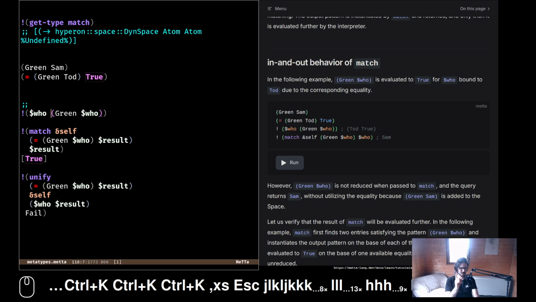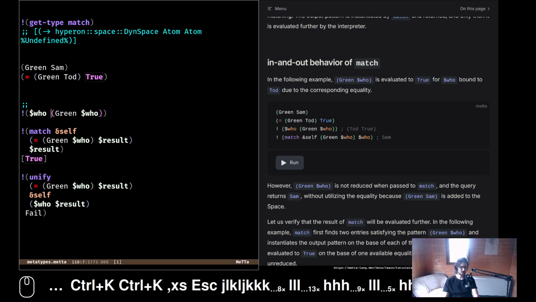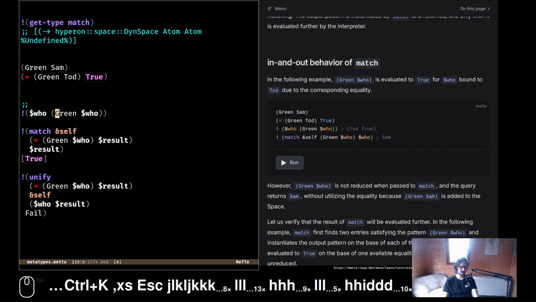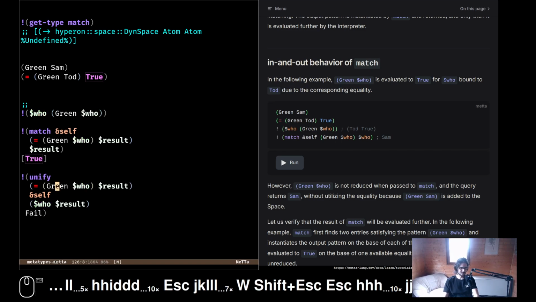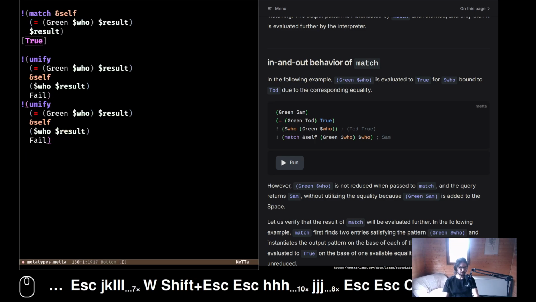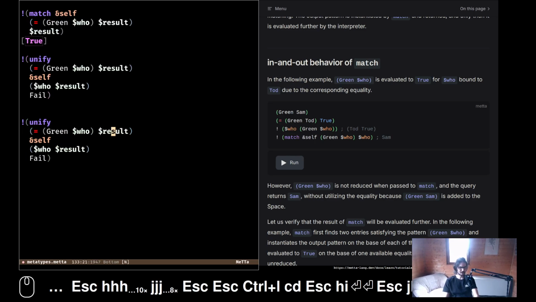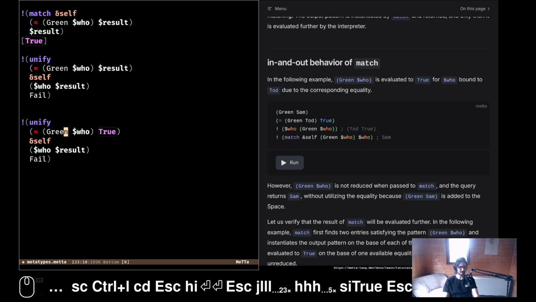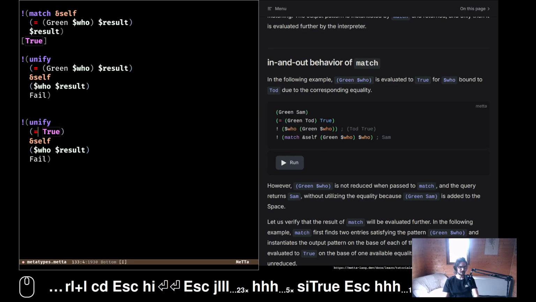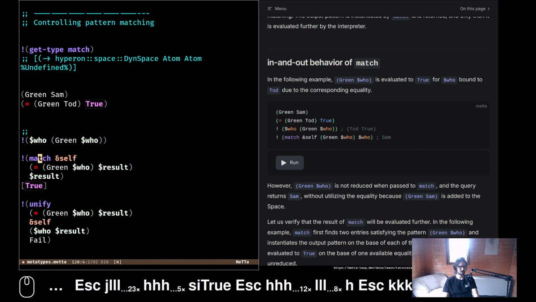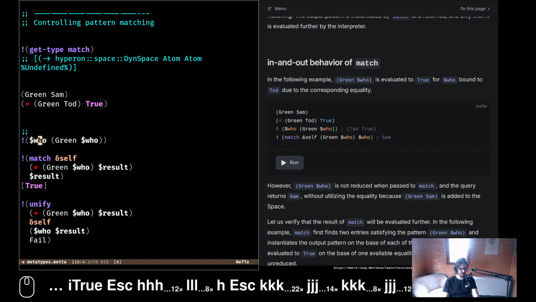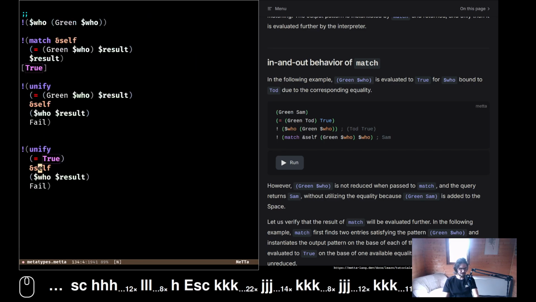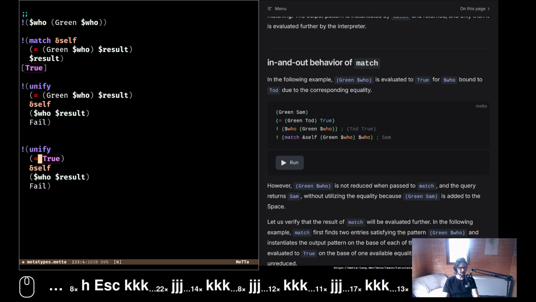I guess it evaluates, or it tries to evaluate this part, but it sort of doesn't forget about the who. And maybe what it does is that it basically comes out to this part. Oh wait, it comes out to... but it can't throw away the... Oh wait. Yeah. I don't know.